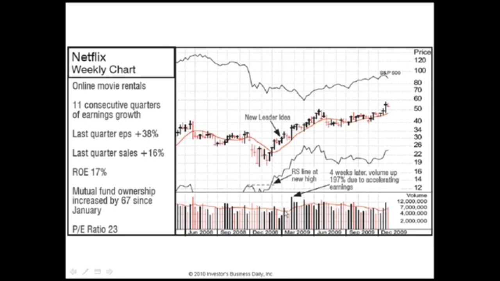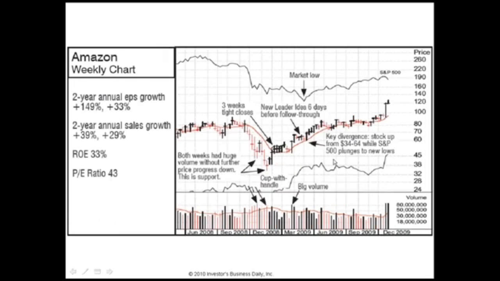So that was one of the few ones that was closer to a high. Most of these were way down. So the fact that it held up better than others is also telling you something. And notice that the relative strength line went into new high way, way before this stock did. So it was bucking the rest of the market all the way down. So that was one. Let's go to Amazon and show you where Amazon was put on.